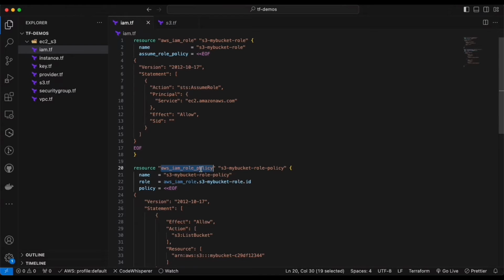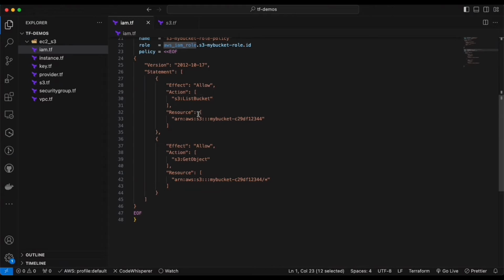Right, so this is the policy we have created separately, this is the role we have created separately, and this is where we are attaching our IAM policy to our IAM role. Okay, so I hope this is clear, and we're simply allowing list bucket on this particular bucket and get object on this bucket. All right, now once you have created the IAM role with the attached policy, now what we need to do is